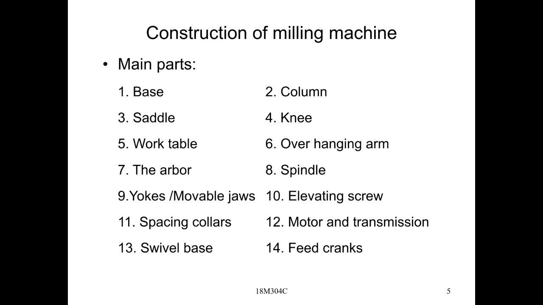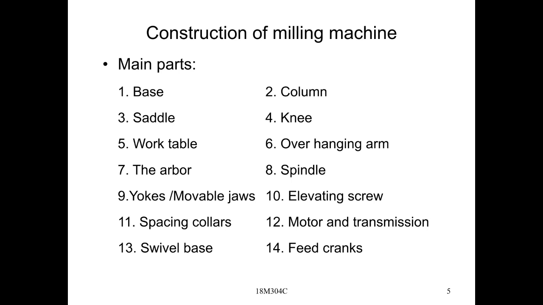Any machine needs a base, which is its main function. It is manufactured with grey cast iron material, right? Next, the column is provided. Every machine must have a column. It is the heart of the machine, because however many mechanisms are placed in any machine, they are completely enclosed in the column only, right? The driving mechanism is placed in the column only.